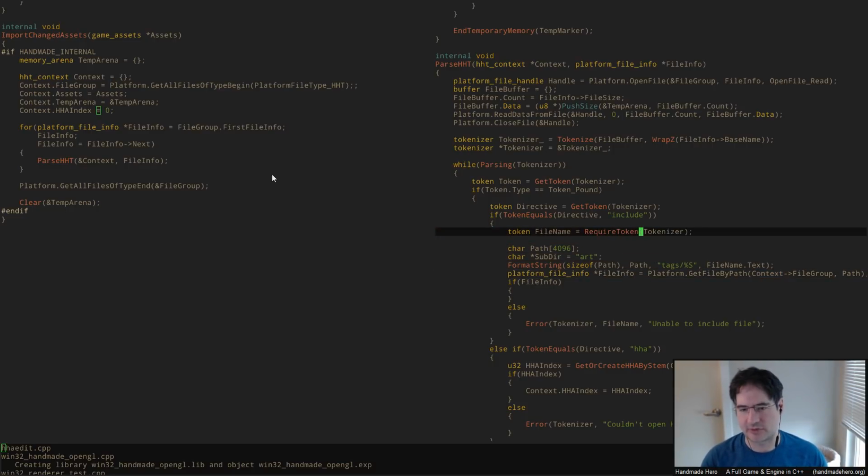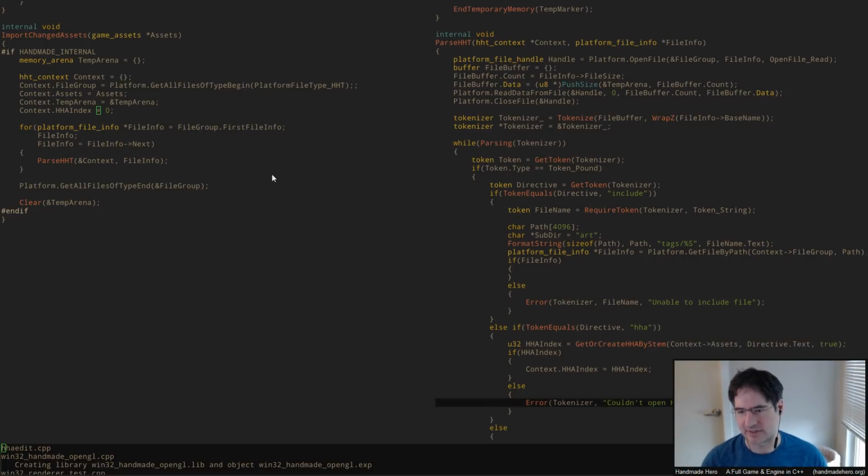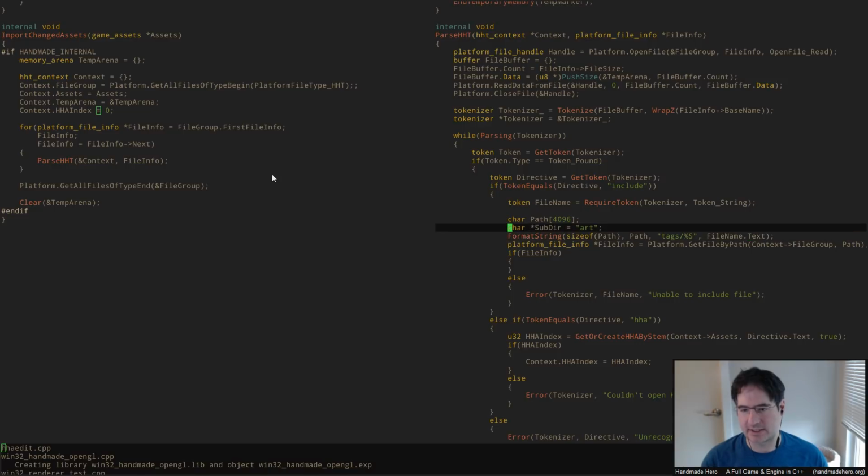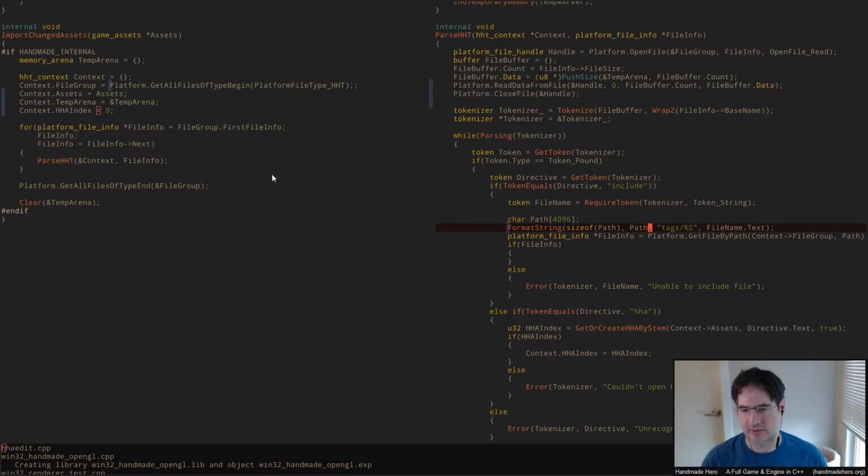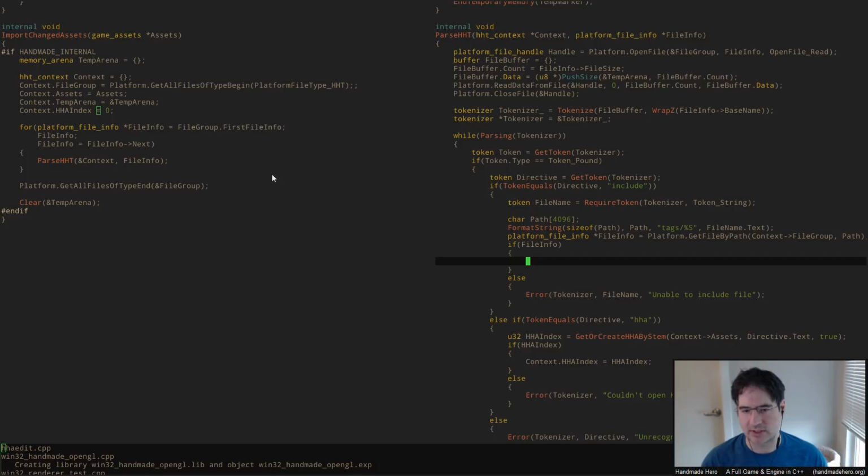This can be a require token, so we can say that this has to be a string because it does have to be a string. We can go ahead and get it. We don't need a subdir here because it's always going to be in tags. So we go ahead and get that file by path, and we see what's up. Inside our file info, assuming we actually get it, we just parse the HHT and we